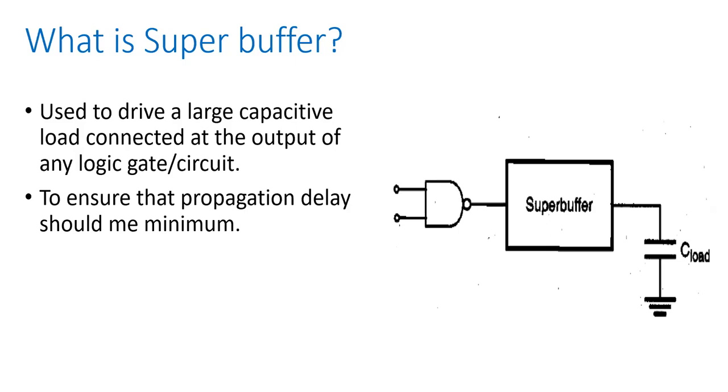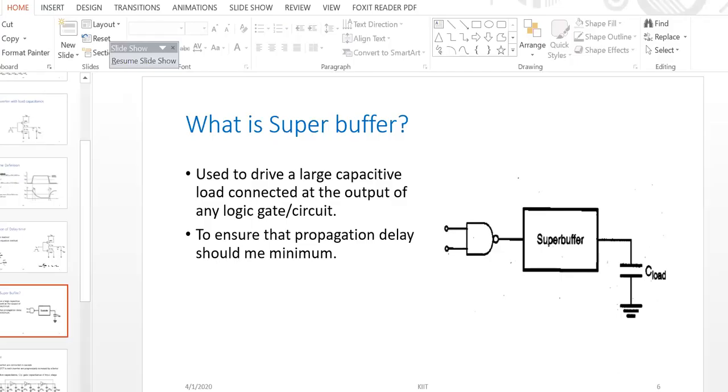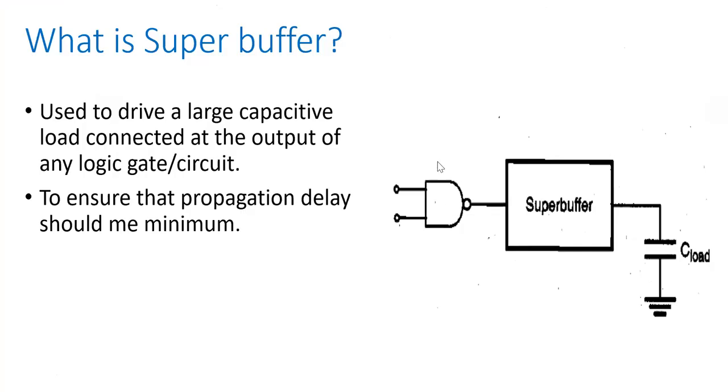Since the parasitic capacitance increases, what will happen? Each parasitic capacitance is a part of C load. So you are going to reduce the delay by increasing the current I, but to increase the current, you have to increase the value of W. But increasing W will further enhance the capacitive component, C load. That's why it is not a good approach to increase the device size of the logic gate to reduce propagation delay. So you have to use a super buffer.